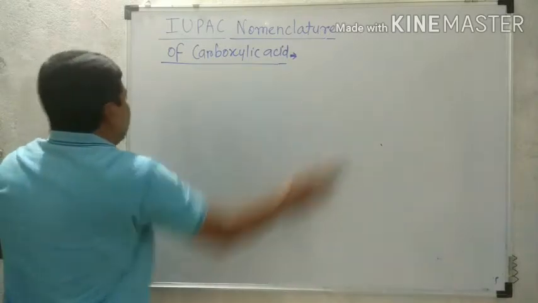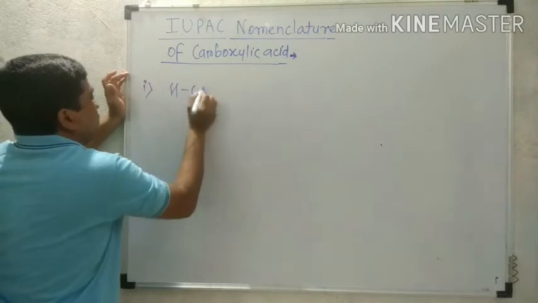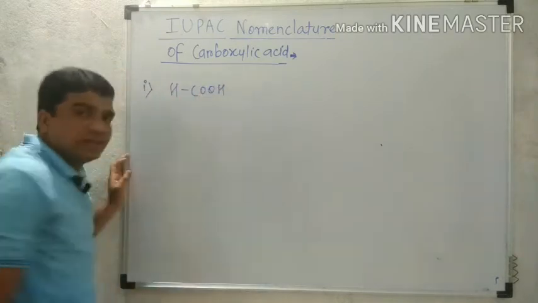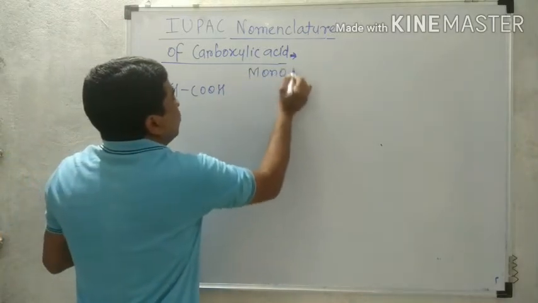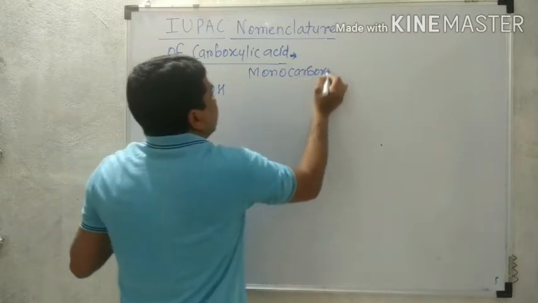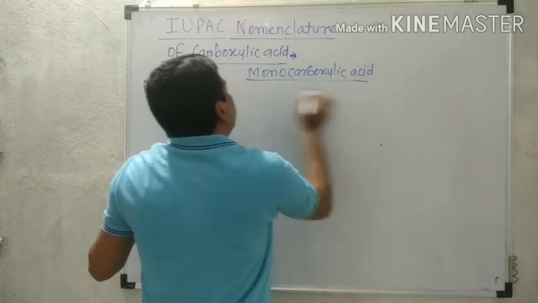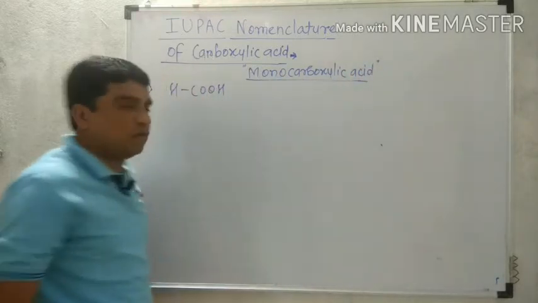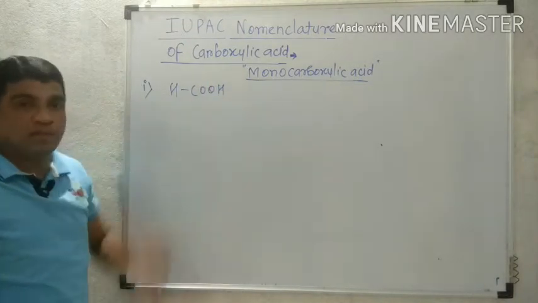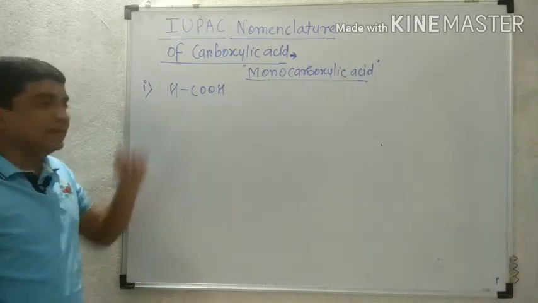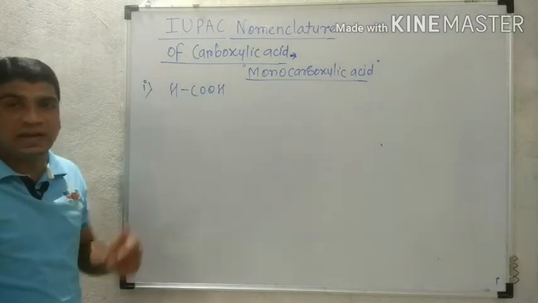Now we are going to start from the first structure, HCOOH. We are discussing monocarboxylic acids first. All these are examples of monocarboxylic acid, and firstly the aliphatic ones. After that we are going to discuss the aromatic ones. This contains only one COOH, therefore it is a monocarboxylic acid. It contains hydrogen, that is an alkyl group, in the structure, therefore it is an aliphatic carboxylic acid.